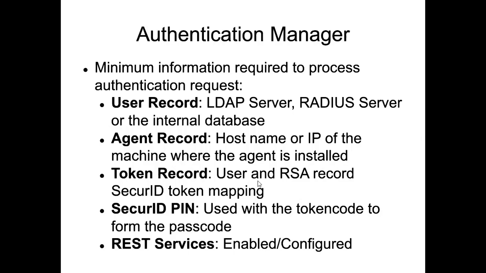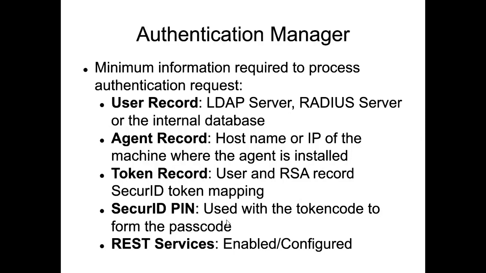It is needed to take out the symmetric key or private key associated with that token, and that key and the time, and then HMAC, for example, is used to calculate another hash to calculate the exact 6 or 8-digit number which is being sent by the user as a password. So the authentication manager will use that information to recreate a number on the authentication manager side.